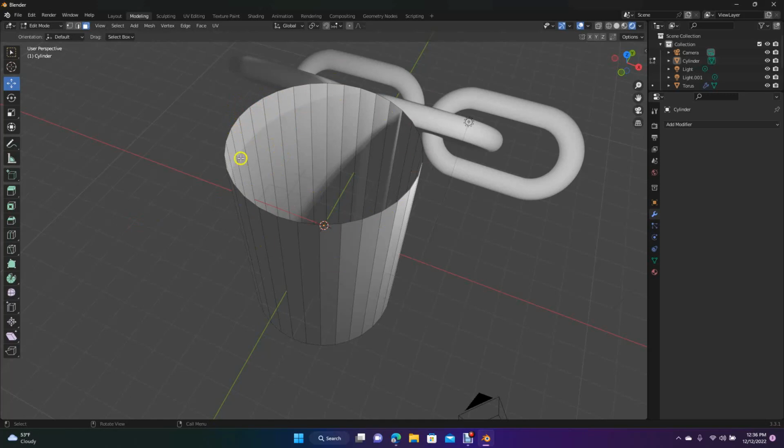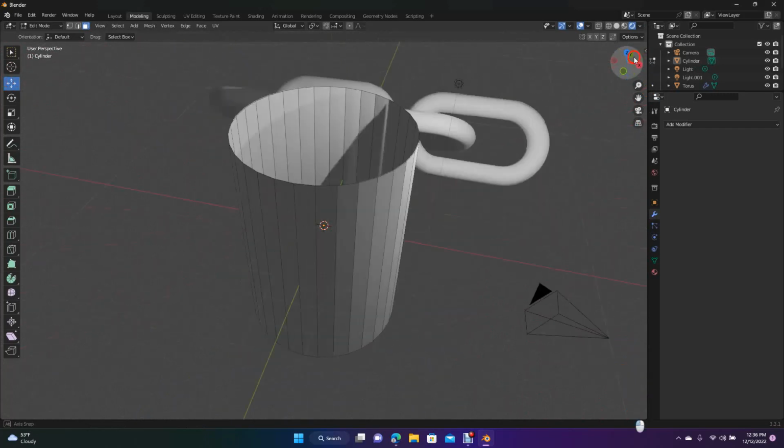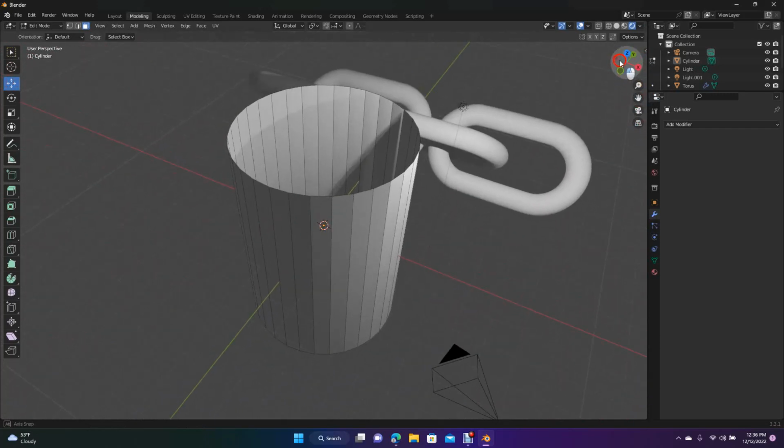So now we have this shape here. So this is going to be basically just a drinking glass. So we want to go ahead and add some thickness to this. So we're going to go ahead and go,